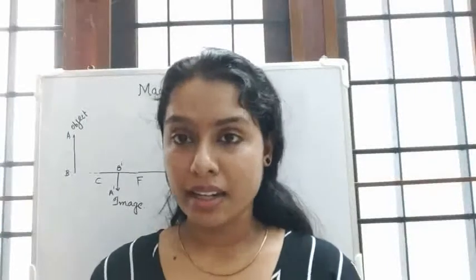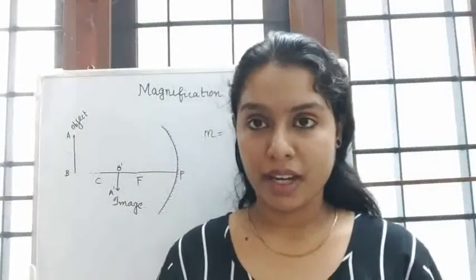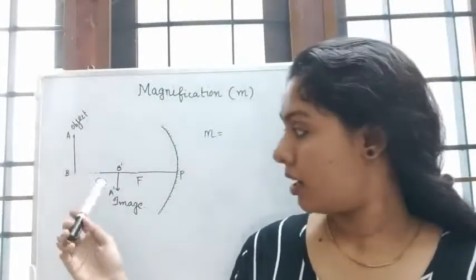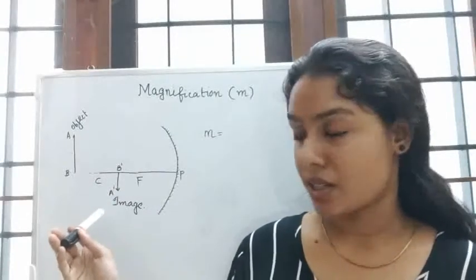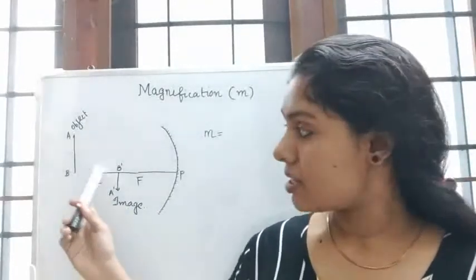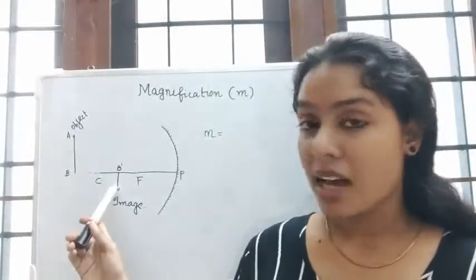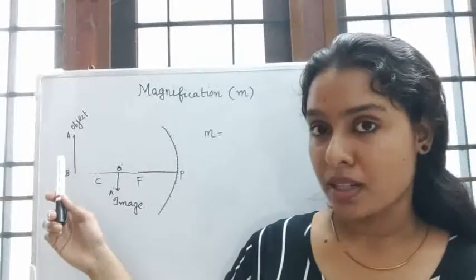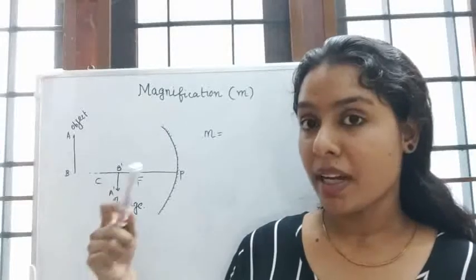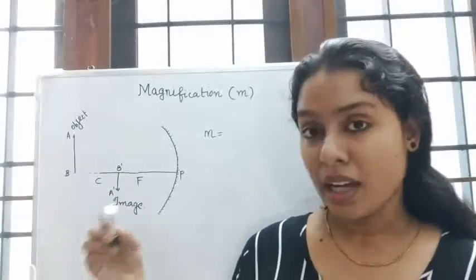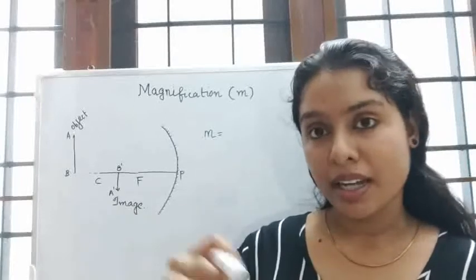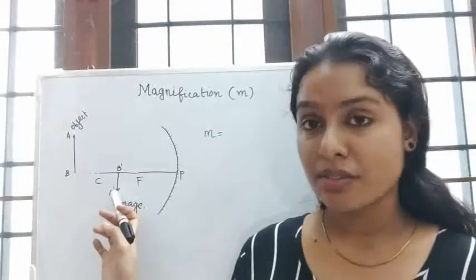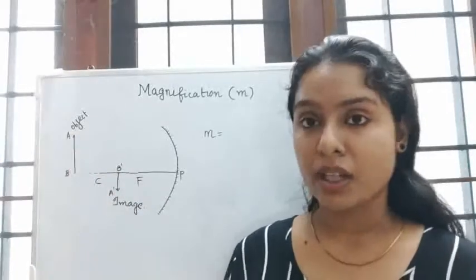Now we will see another equation, for magnification. Look at this figure. AB denotes the object, A dash B dash is its image. As you can see, there is a change in the size. In this case, the size of the image is diminished. Depending upon the position of the object, the size of the image will be different. In some cases it will be diminished, in some other cases we'll get an enlarged image, and in some cases we also get the size of the image just the same as the size of the object.